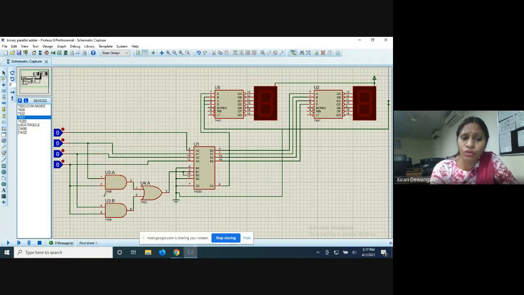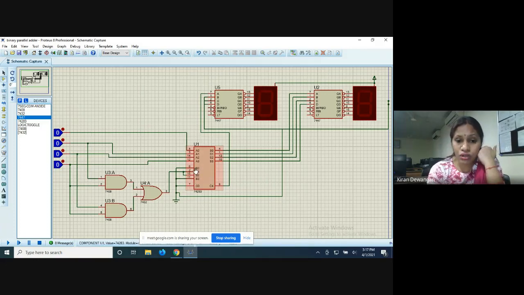So if A3 with A2, or A3 with A1, is going high, then this OR will go high, and the OR output is given to the middle 2 bits of the second set of 4-bit combination, that is to B1 and B2, and these two are going high.